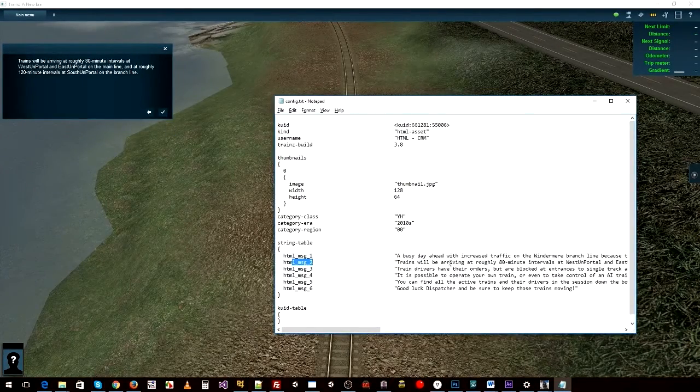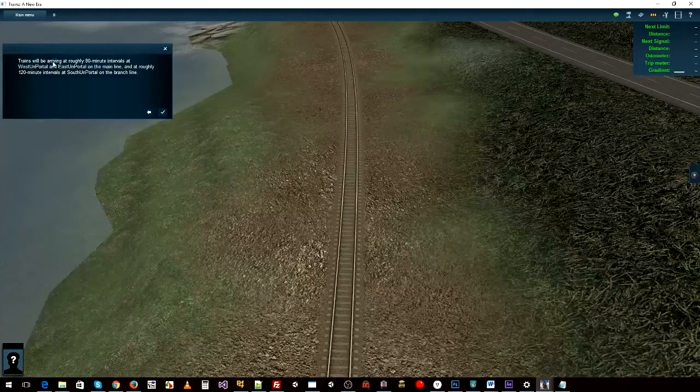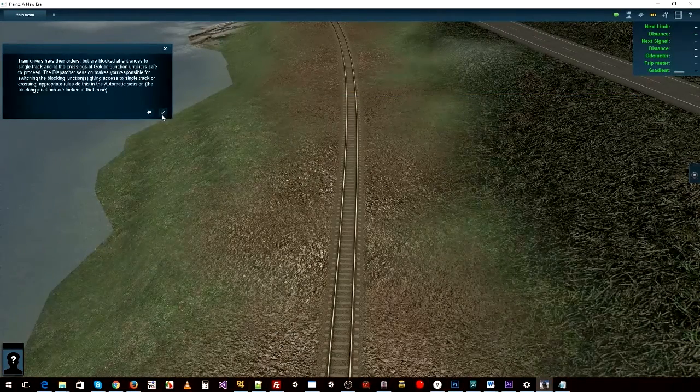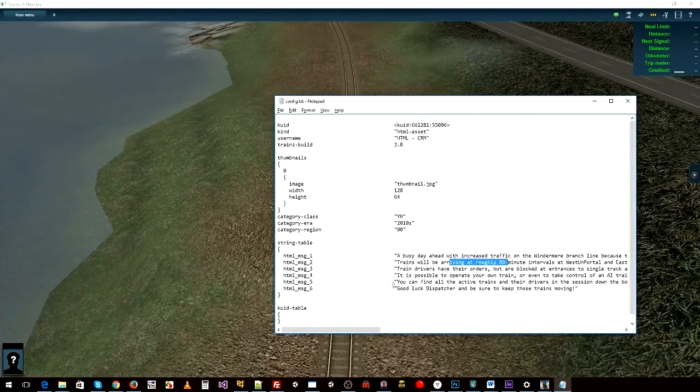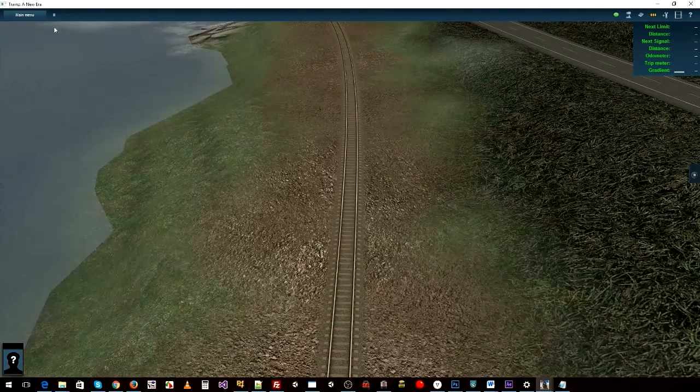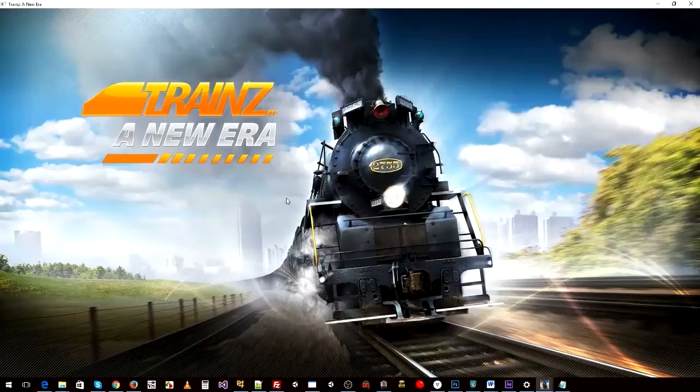Message 2. Trains will be arriving at roughly. There you go. So it goes on and puts all the messages in there. Good luck. Done. Good luck was our last one there. And that just allows us to do things like, if we exit out of this session, and because we're going to reuse this message in another session that's in a different part of the route, or a different route actually, using the same session,